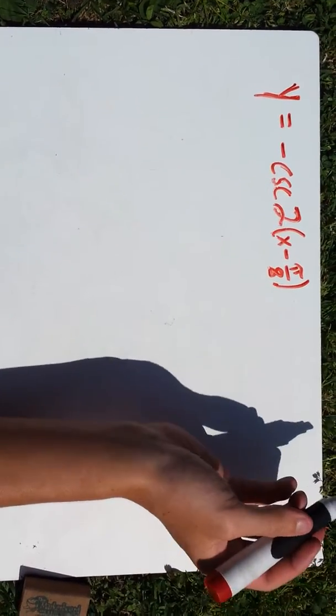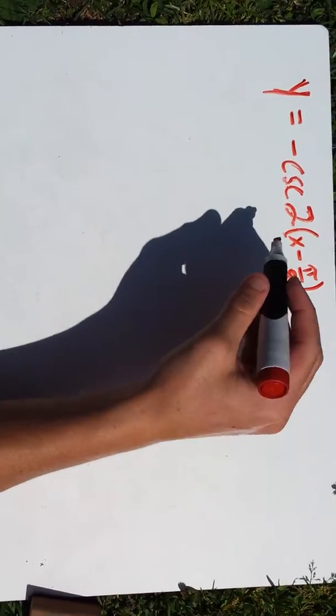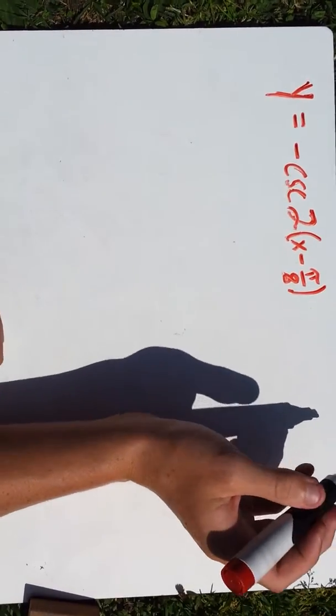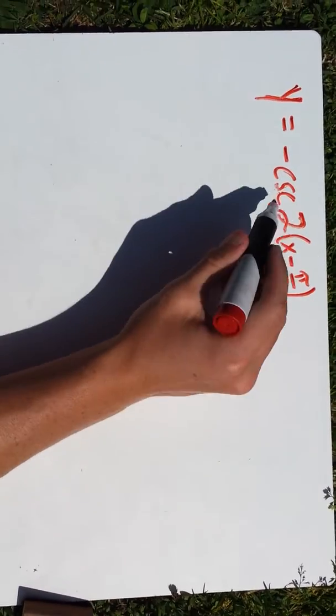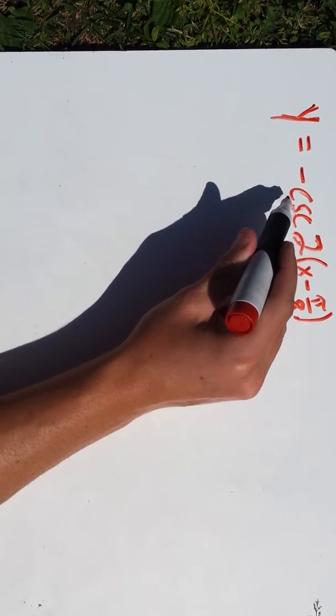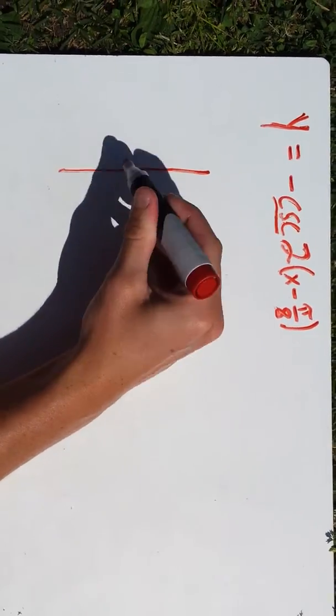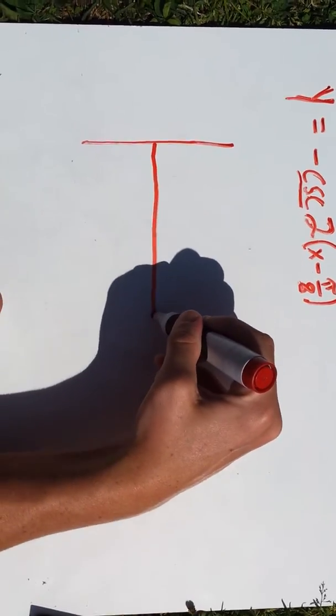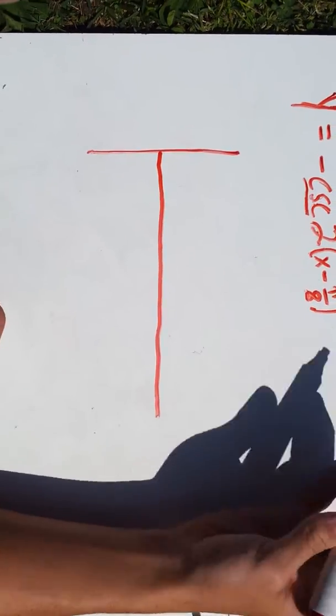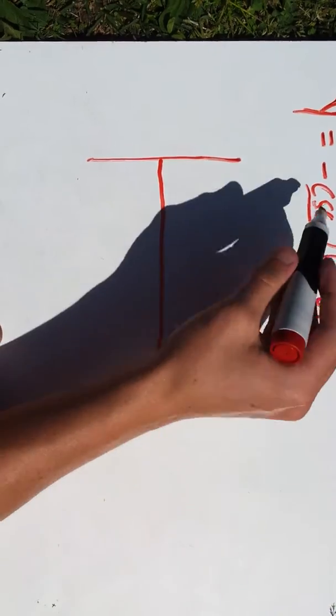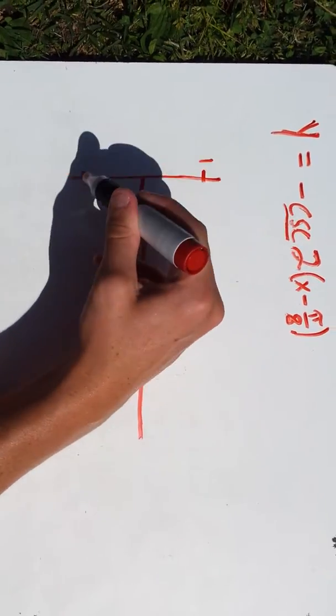Okay, so today we're doing a cosecant graph, and to start these off, you always refer to the guide graphs for cosine and sine. For cosecant, you refer to the sine graph. So you're going to start just drawing out your regular graph. You do everything as you normally would for a sine graph. Your amplitudes are going to be 1 and -1,